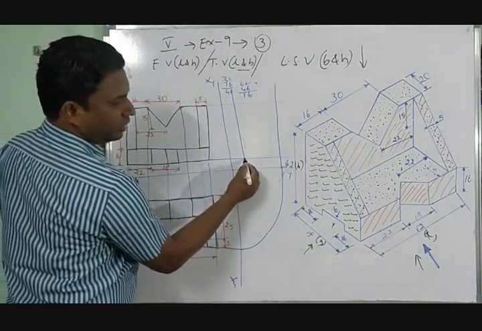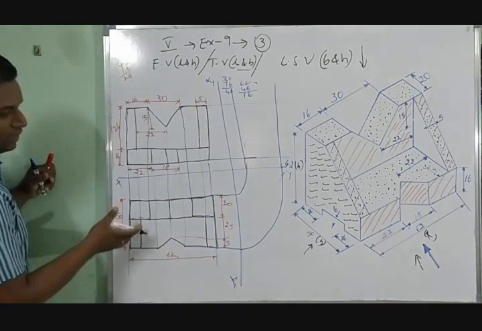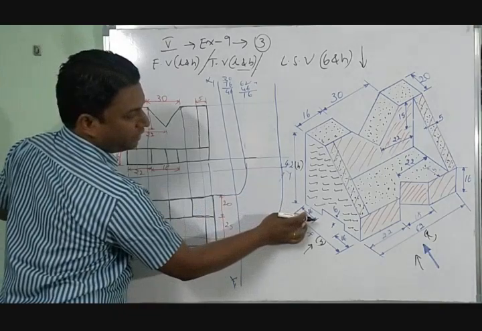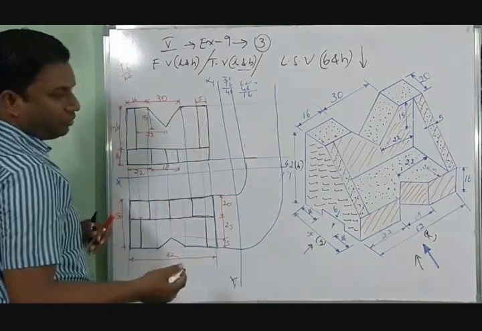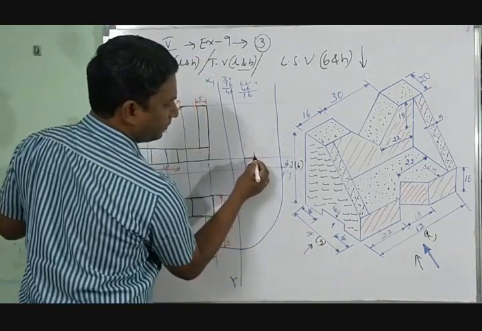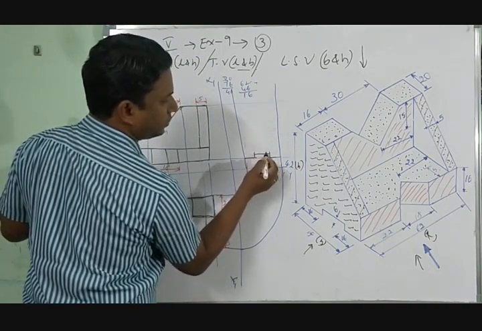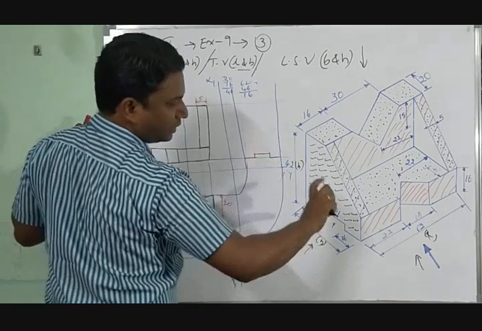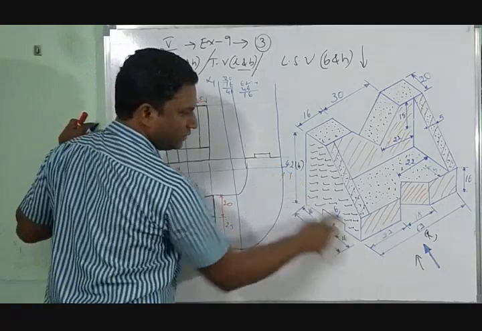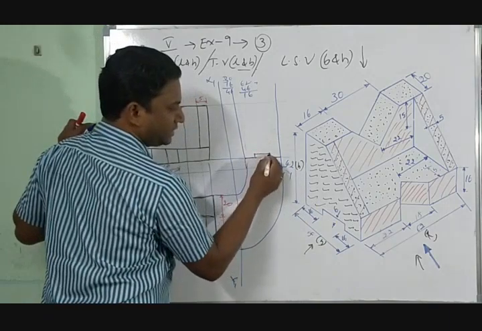Right, starting from this corner, 16 length. See, there is no matching here anywhere for that particular 16, so don't bother about that. Here it is given a different 16. Now here, 6 mm depth. Now from here it is again 16, 6 mm depth. Hope you all understand. Here the height depth is 16. So from this corner 16, from this corner 16 we have drawn height 6 and we have drawn completely.